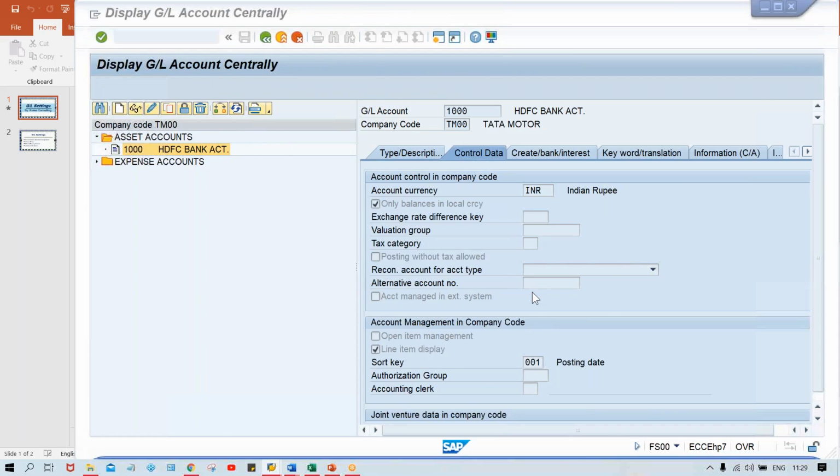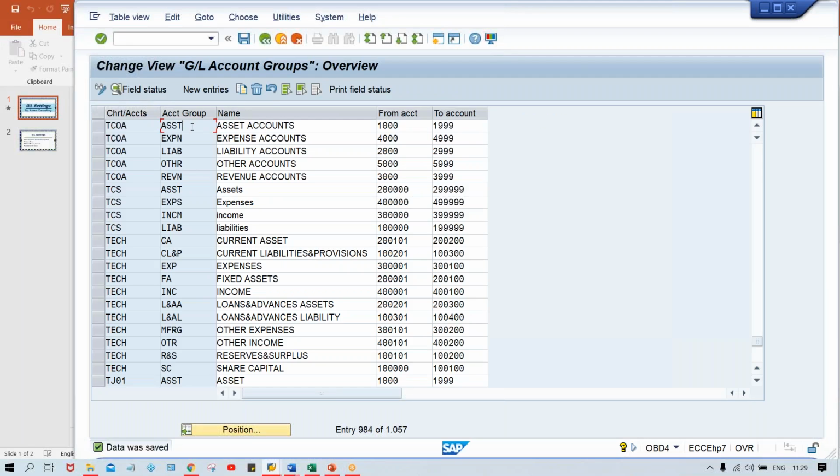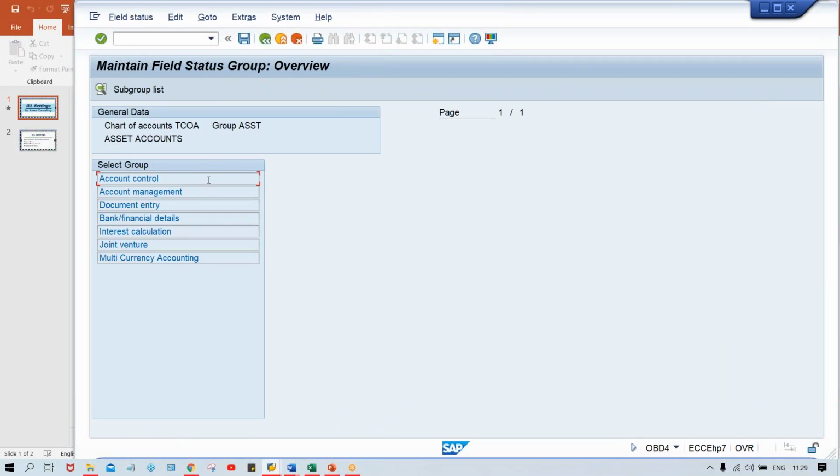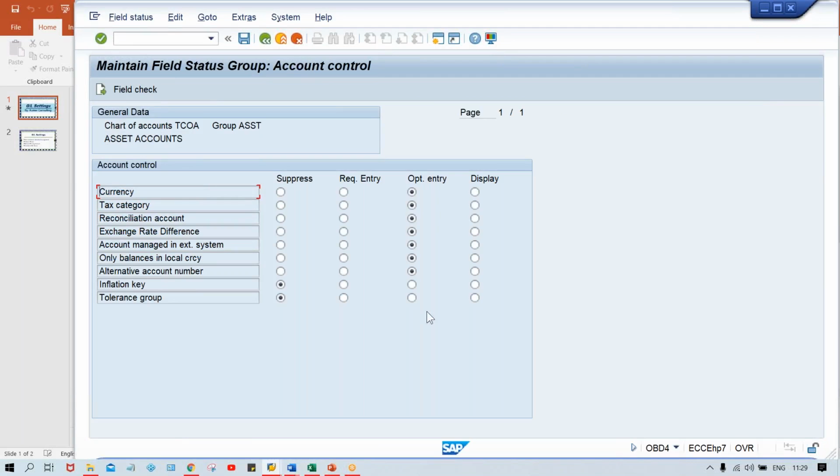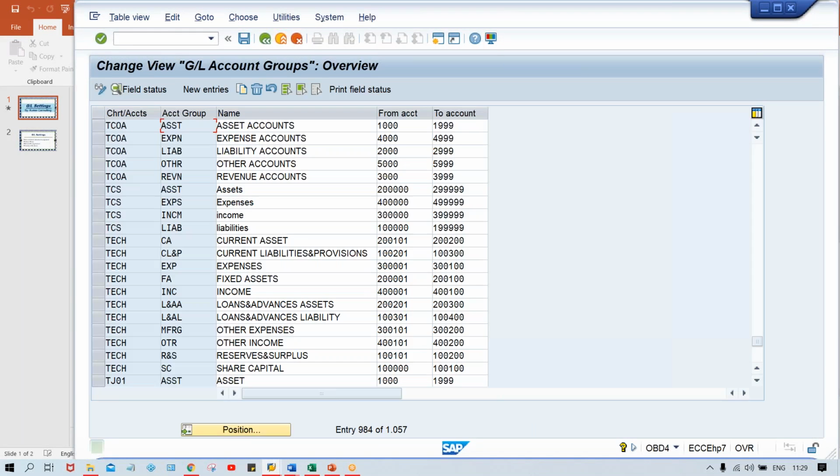Apart from this, certain other controls are also there, guys. This is suppressed, meaning it has totally disappeared. If you want to make it a required entry, you can apply a mark here. In the sense, you select this radio button, not a check mark. There is a difference between a radio button and a check mark, guys. With check marks, suppose you have 5 check boxes at a time, you can select 2, 3, 4 or all 5 check boxes. But with a radio button, only one option can be selected. This is the difference.